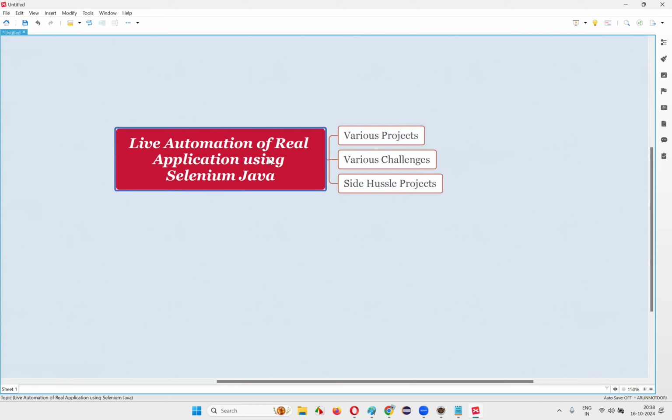But this thing is dedicated, completely on automation only. From day one itself, we'll choose something, we'll keep automating something, we'll learn something, we'll solve some new automation challenges and keep on going like that. Whatever is required for real-time automation, that we are going to cover. I don't think anyone in the industry has done this so far.